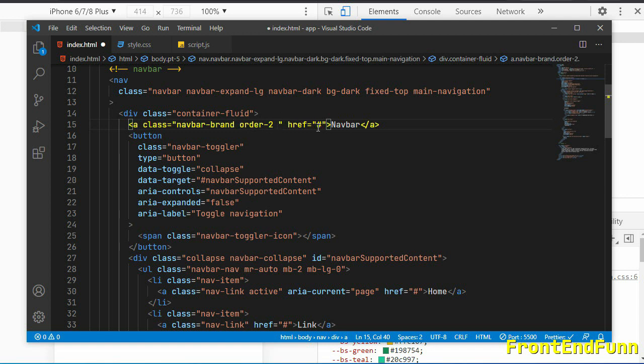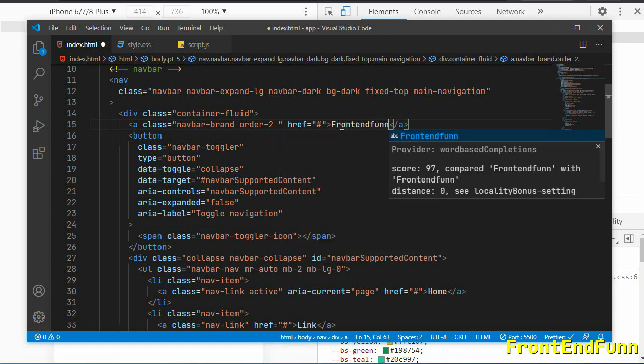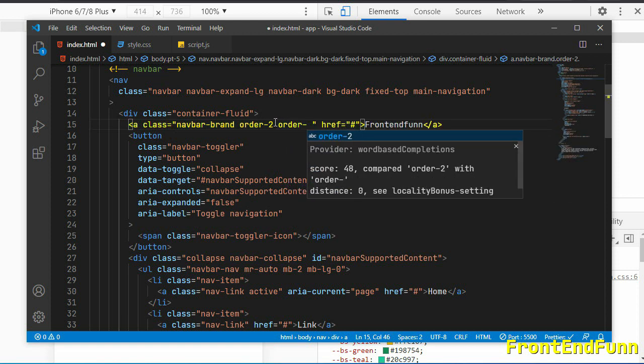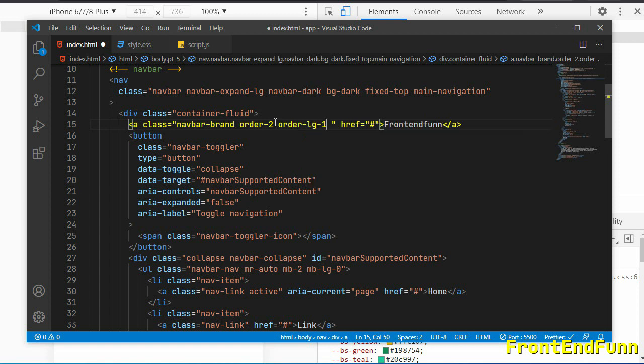Okay, so the order of this branding will be 2. So I'll just make this as Friends and Fun. So order-2, and on large screens we want the order to be 1, so order-lg-1, making it positioned first on large screens.